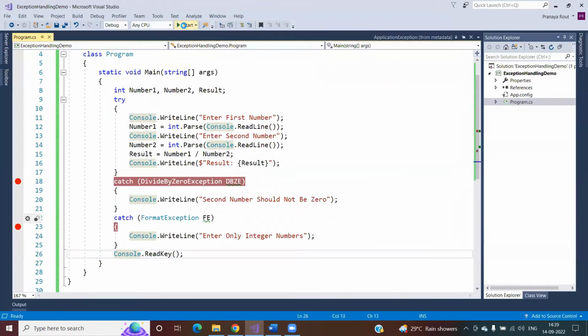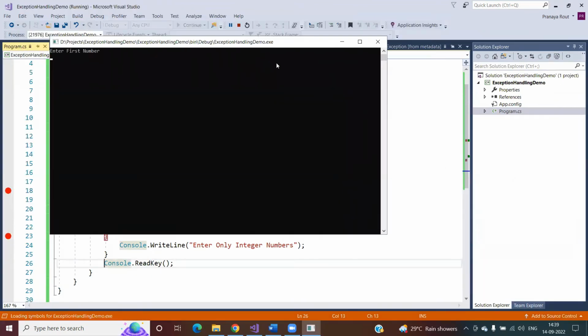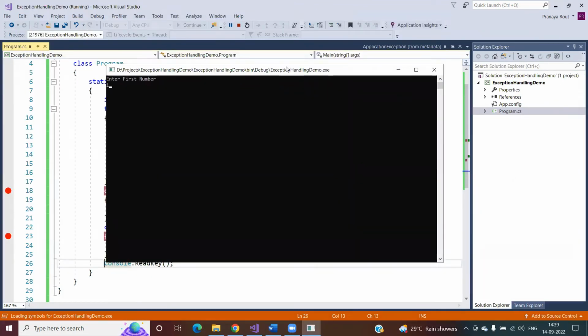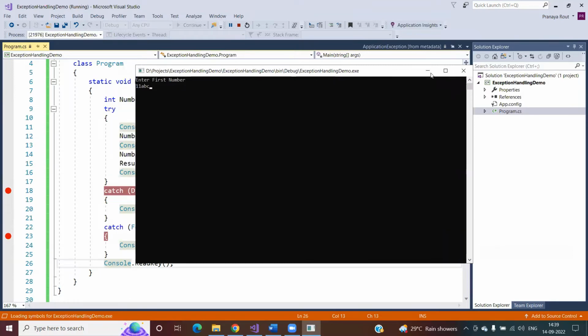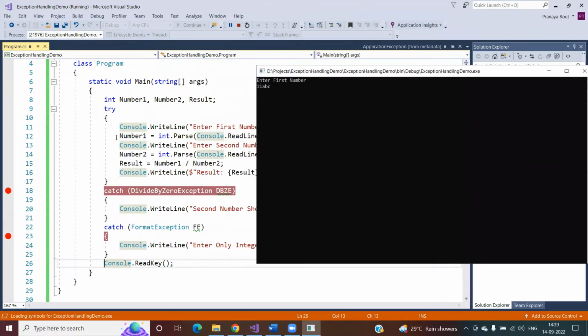That is fine. Now I'm going to test the third scenario. I'm entering the number as 1 1 ABC. So in this case, this is an alphanumeric value. As an alphanumeric value, it cannot be converted to integer. So from line number,